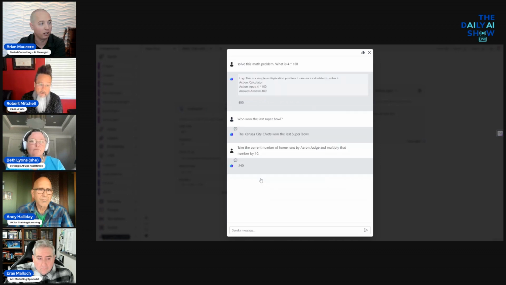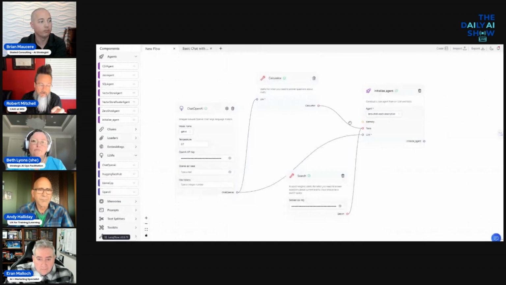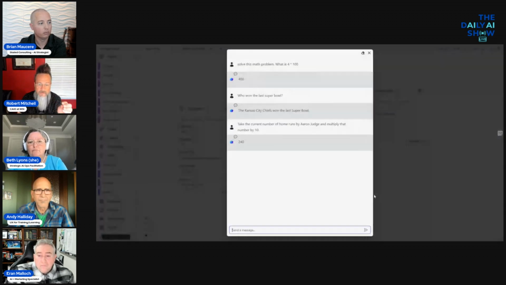Now, this is the language model doing this. This is the language model going through that process of determining what needs to be done and what needs to be searched for, correct? Yes. And then, but if I do this,